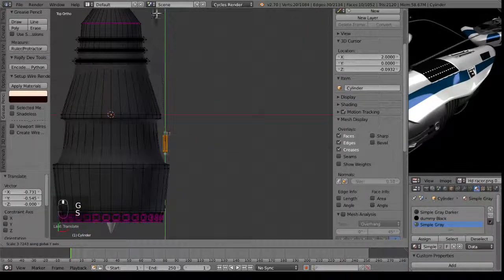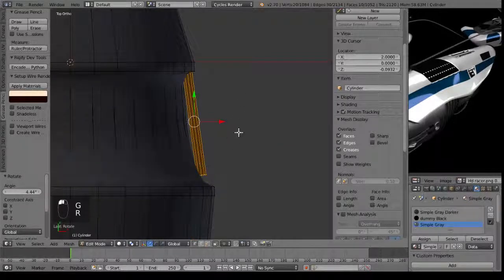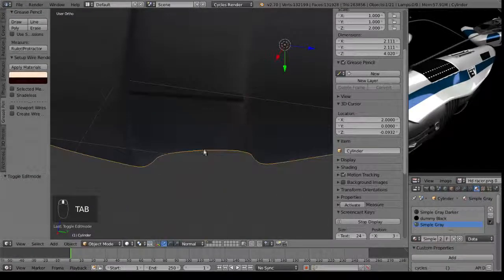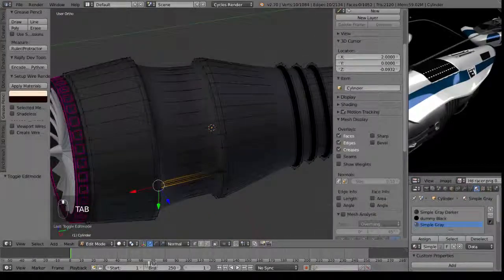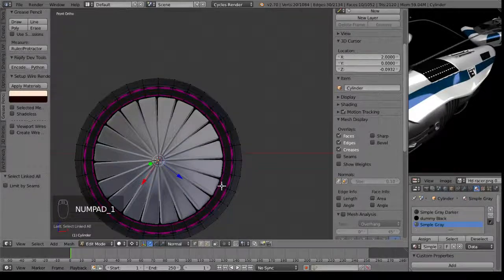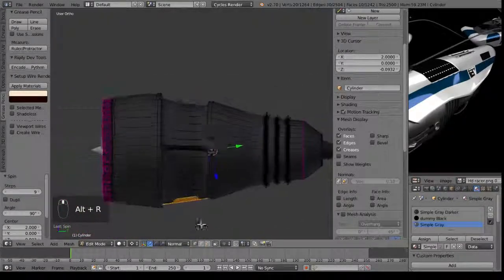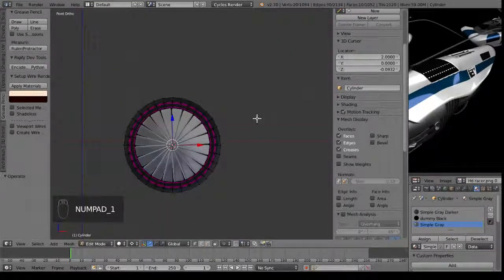G, scale it up, rotate it, and we'll just line it in here just right. Now it's not long enough, so if we select this end and go to normal, it allows us to grab all of this. Alright, so with the cursor in the center, make the pivot point the 3D cursor, and then Control L and select that entire pipe. And then Alt R, and as you can see, it's ribbing it really weird once again, because we have normal selected. So make it global, Alt R,